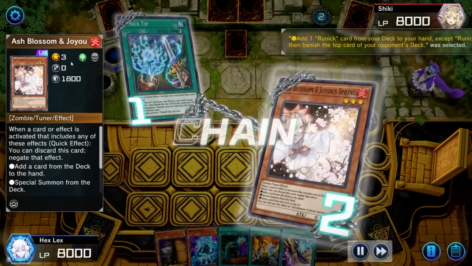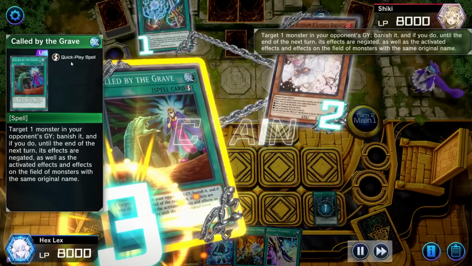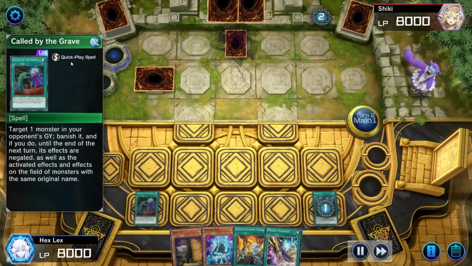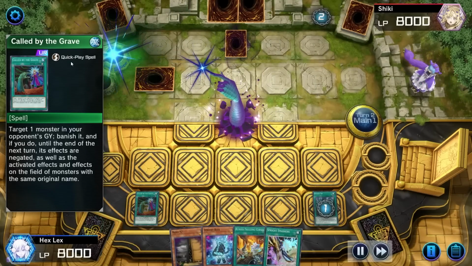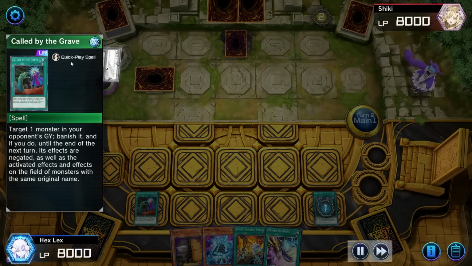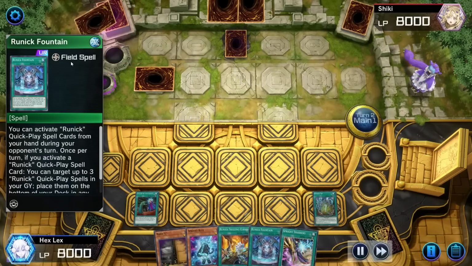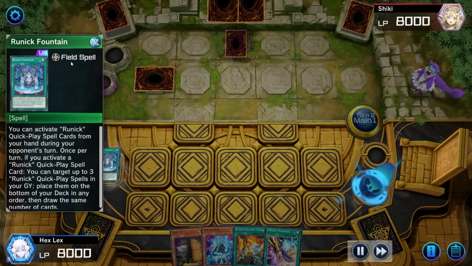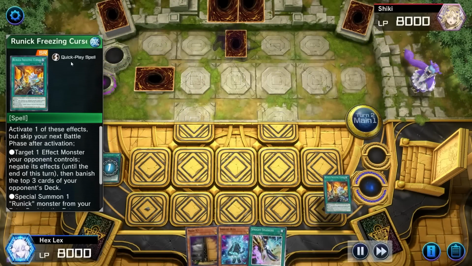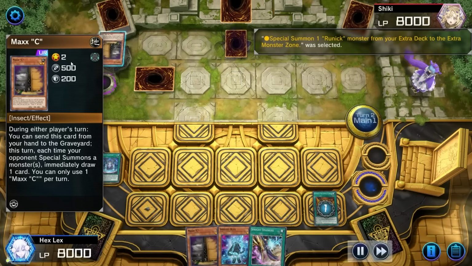Anyway, I'm going to start by activating the Runick Tip, just to see if I can get a fountain going here with my Freezing Curse. His opponent's got an Ash Blossom, but I'm just going to use the Call By in response. Because I'm not really as concerned at all about Maxx. Plus, I also have a Maxx in my hand, so I'm not really trying to negate it with Call By. That way I can use Maxx on my opponent's turn, but even if my opponent activates a Maxx and resolves it here, which I think they actually do, I can just end on...